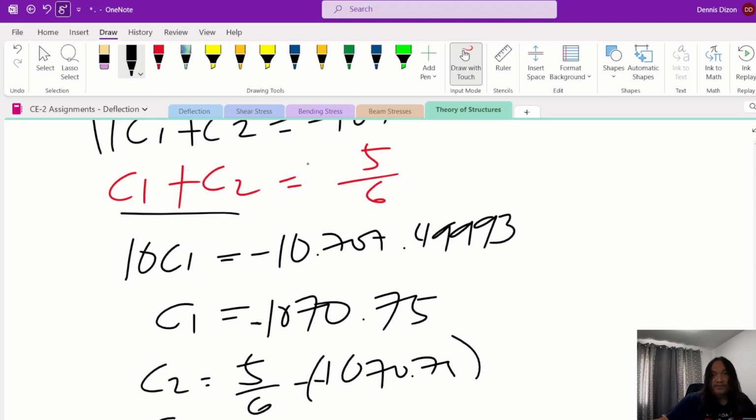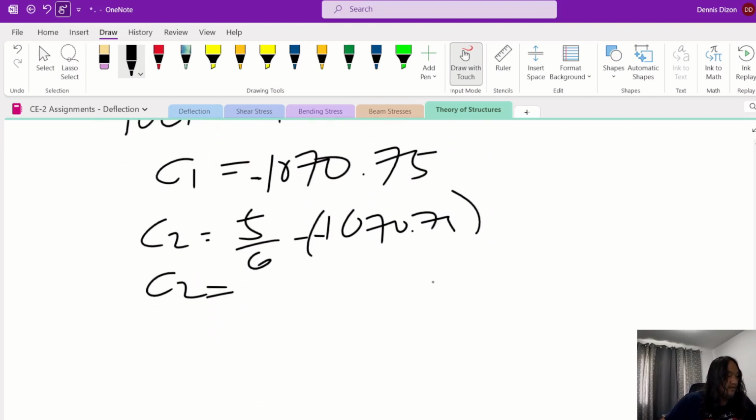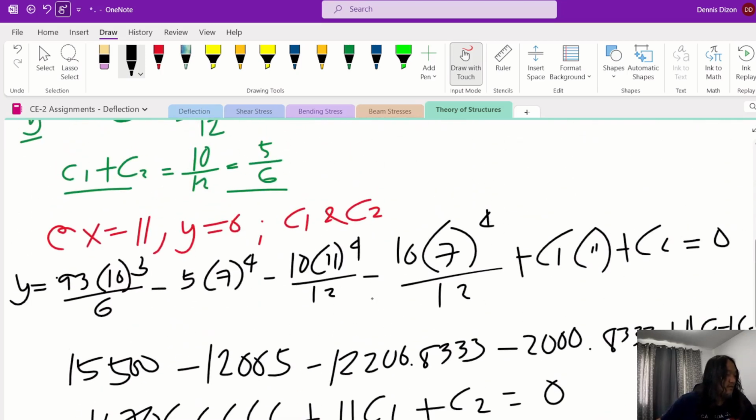So C2 is equal to positive 1,071.58. So going back to our general equation,